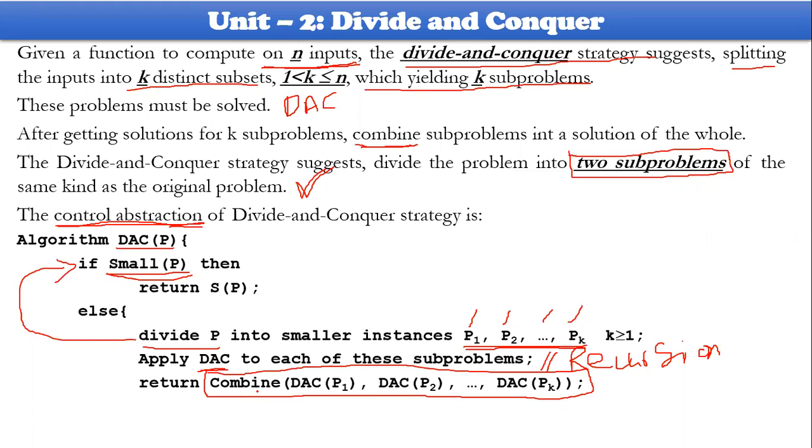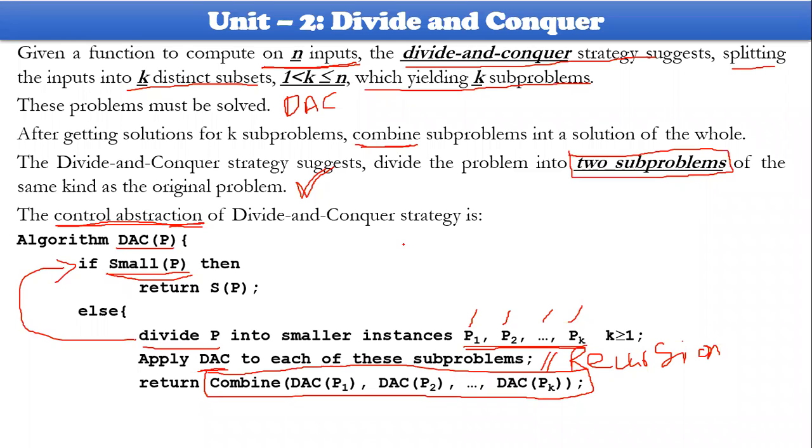While combining, what are we supposed to do? We are supposed to do whatever the actual problem requires, and based on that, you combine. For example, in quick sort you have to sort each and every smallest element. In merge sort, again a sorting operation is going to happen. And then Strassen's matrix multiplication, so matrix multiplication happens, as per the problem statement. And then in binary search, you are trying to search for one particular element, and so on and so forth.